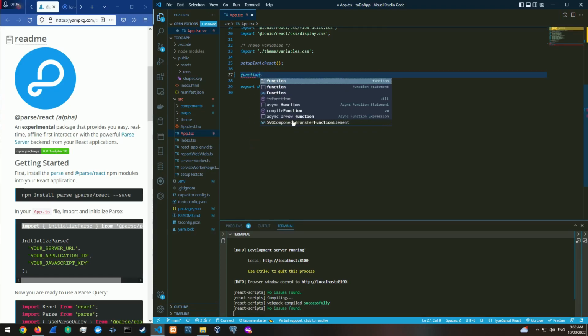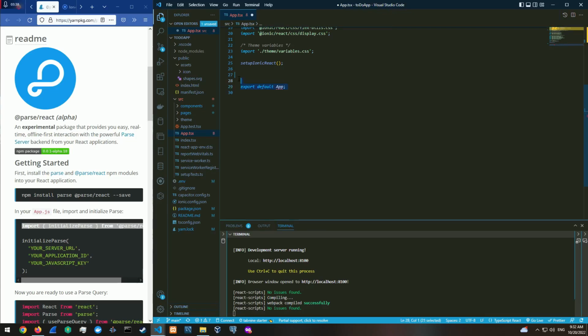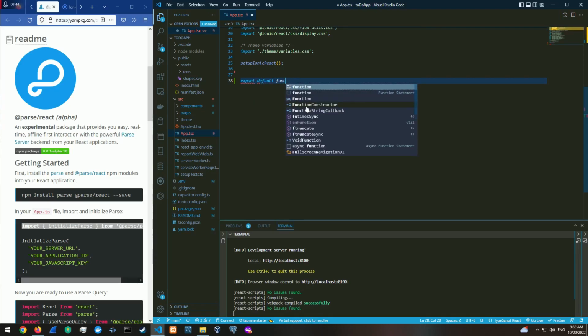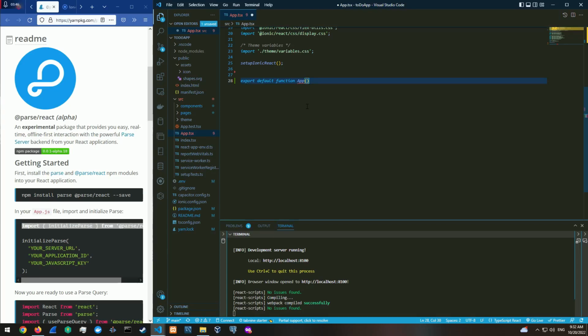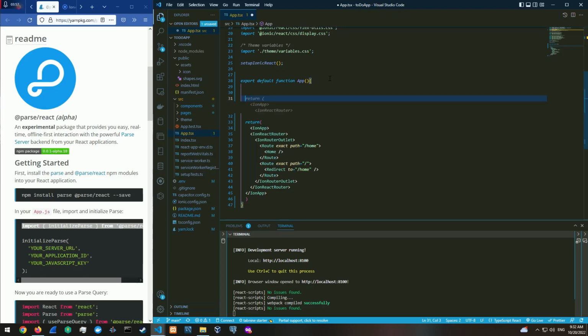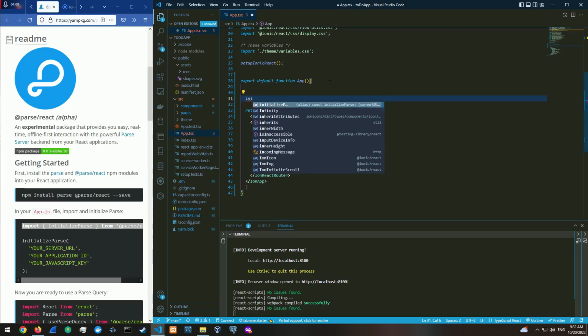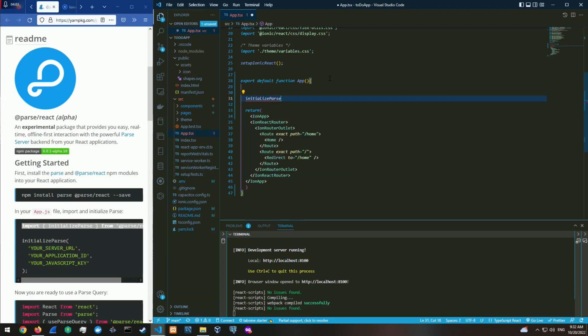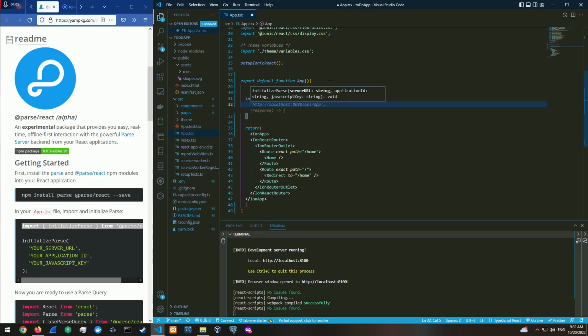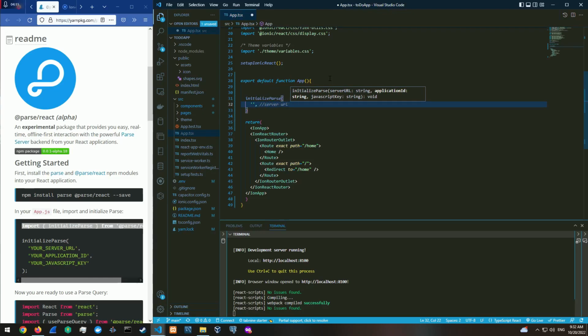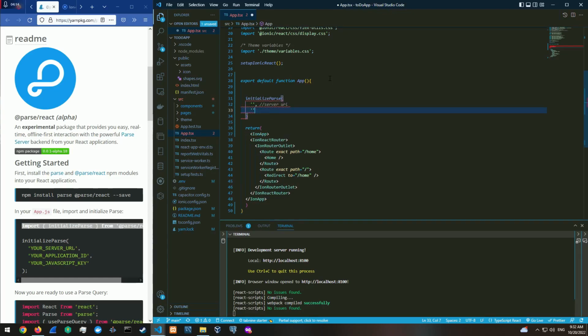So we could just do function, or actually let's just remove this, export default function, then App, and then we're just gonna do return, and we're just gonna paste everything that was there already. Alright, so afterwards we're just gonna call that initialize Parse client. Alright, and we're gonna be starting by adding in the server URL. So this is gonna be the server URL, and then we're gonna be adding in the app ID,